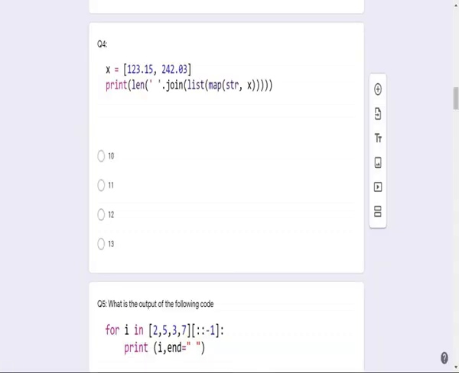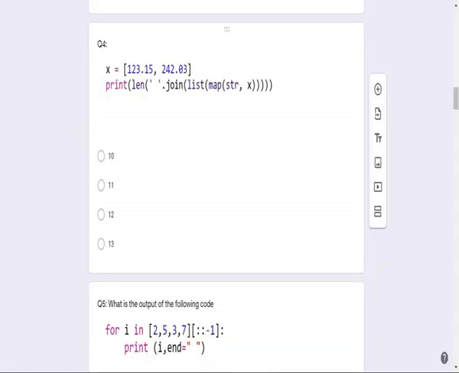If you perform s dot join of sequence, observe, what is the output? The sequence is joined using this s: a comma b comma c. Each and every element of the sequence is joined by using this comma operator.